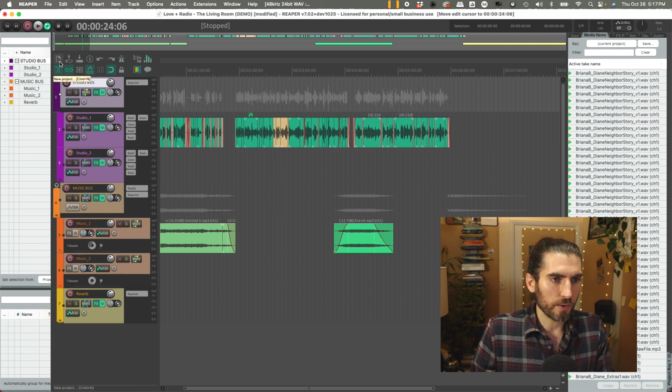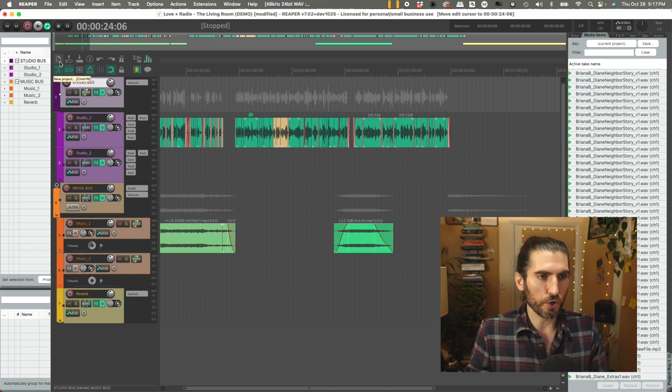And you notice if I mouse over it and hold my mouse, I get a little highlight, a little note saying new project. This one opens a project. This one saves a project. This one opens project settings, which I'll talk about more later. This is the undo button. This is the redo button. This is the metronome if you wanted to